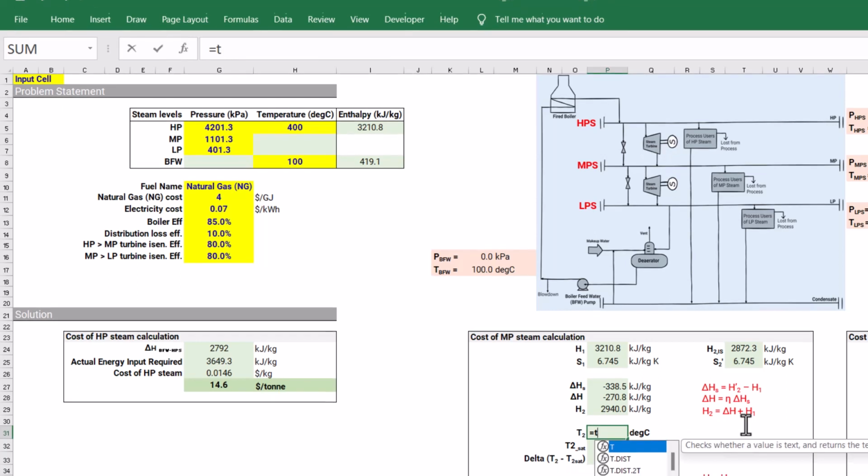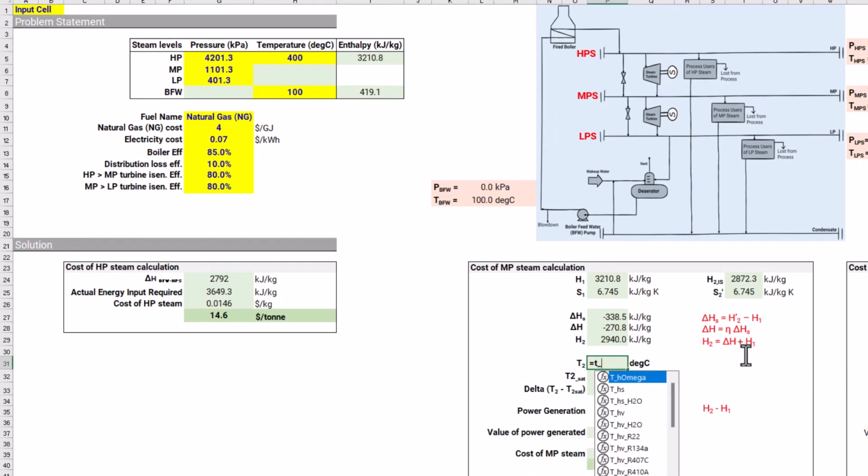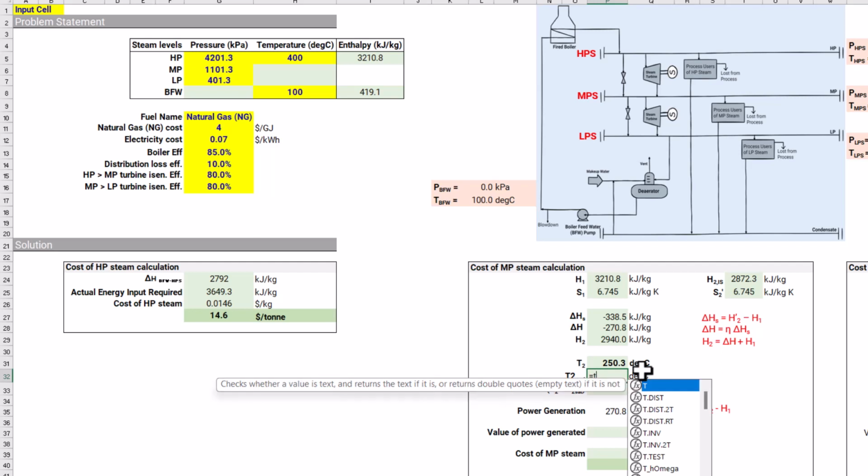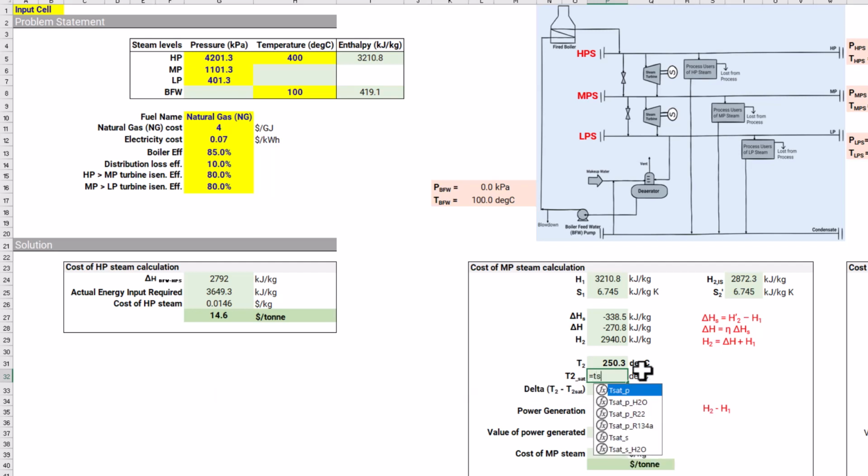So that is the temperature for the given pressure and enthalpy. Outlet pressure is this, and the enthalpy is known to us. So 250.3 degrees centigrade. If you try to look at what is the saturation temperature, T sat,